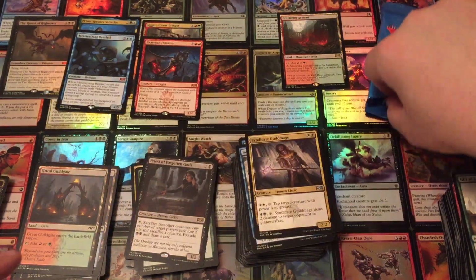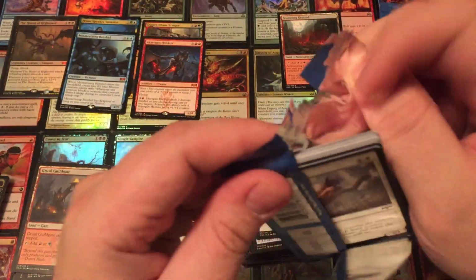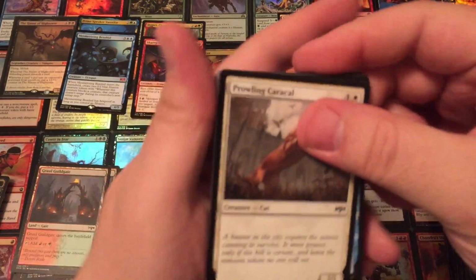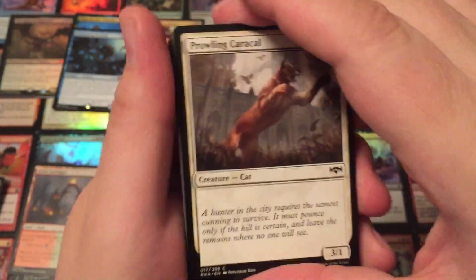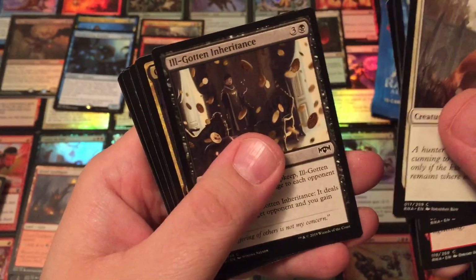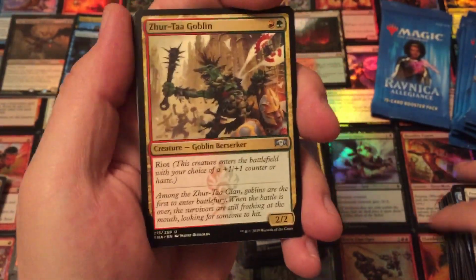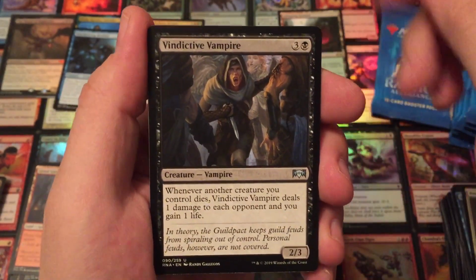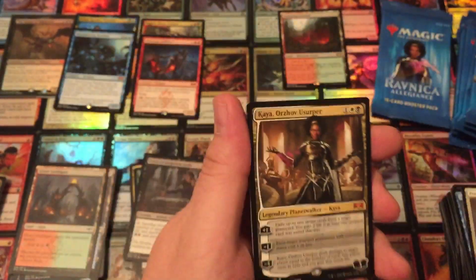Feeling good. We are at 4 mythics in this box, which is always great. Got a Domri. Got a Skargan. You could use Domri on the Skargan. Give it a second trigger for Riot. Give it more pluses, or make up for the fact that you've used one of its Riot triggers to give it the +1 counter, so you can use its ability. Oh yeah. There's the Zertog Goblin. There's a Vindictive Vampire. And we got Drill Bit. And